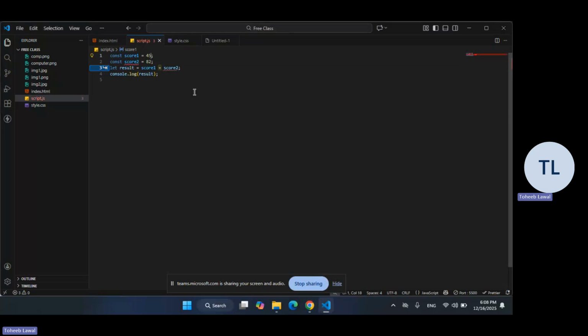Like we say 4. If score 1 is 4, and score 2 is also 4. So if we say modulus, it is done with the percentage sign. So score 1 is 4, score 2 is 4. 4 in 4, 1 made that 0. So that is the answer. 0 is the answer. But if I should write 5 here,